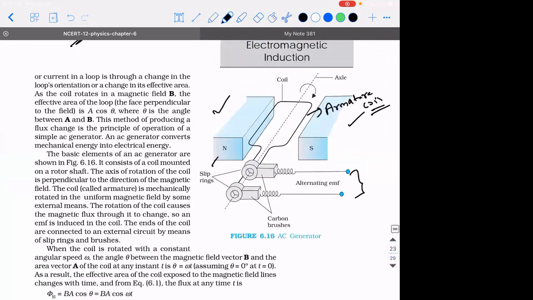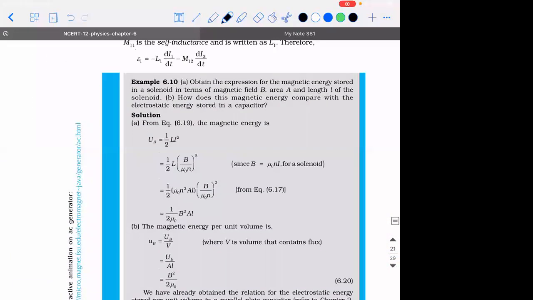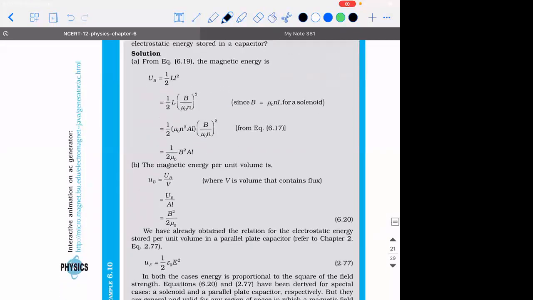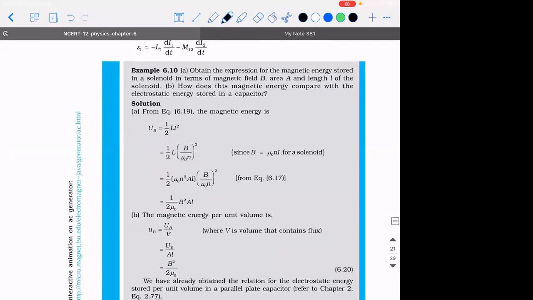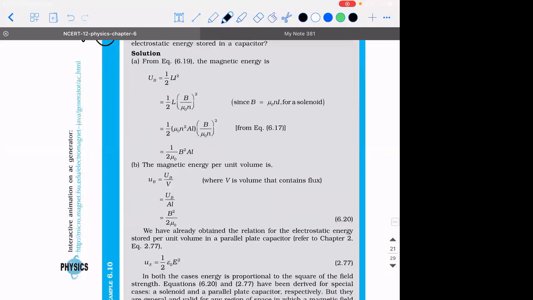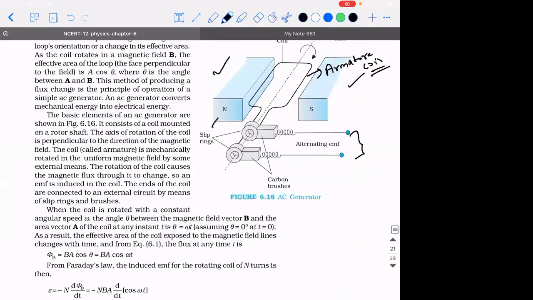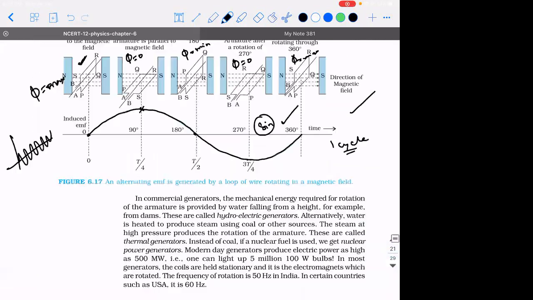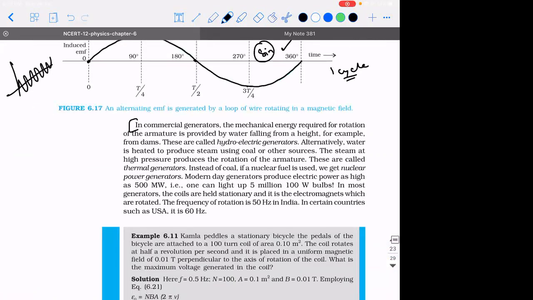And one last concept that is left out is eddy current. I will just show you a video. After that, I'll explain the concept tomorrow. You listen to it with a fresh mind. That is the only concept left out, and we'll do this example 6.10 also tomorrow. This is also important. Remind me if I forget about this example. And that's it. So applications part, you guys read it.